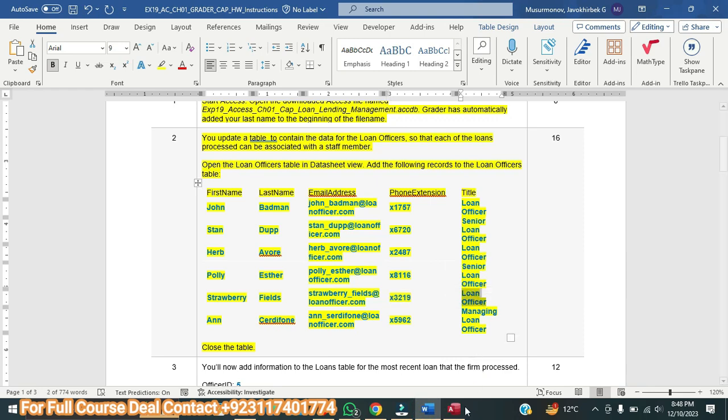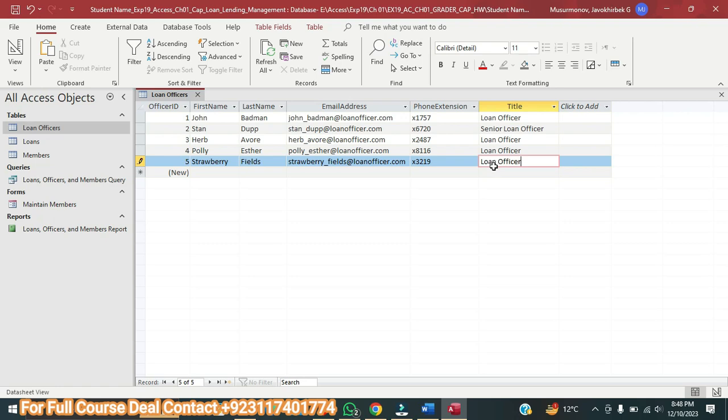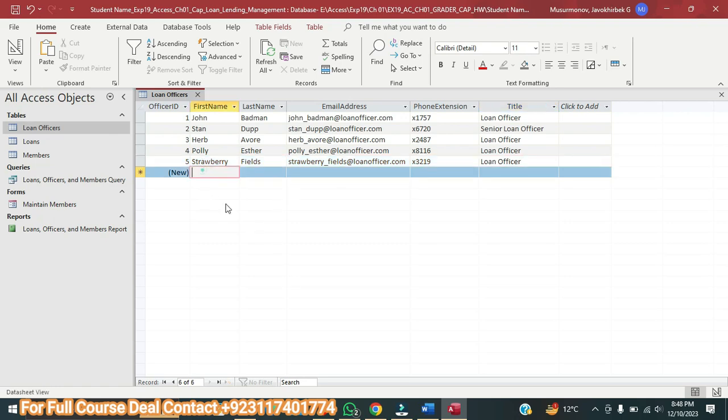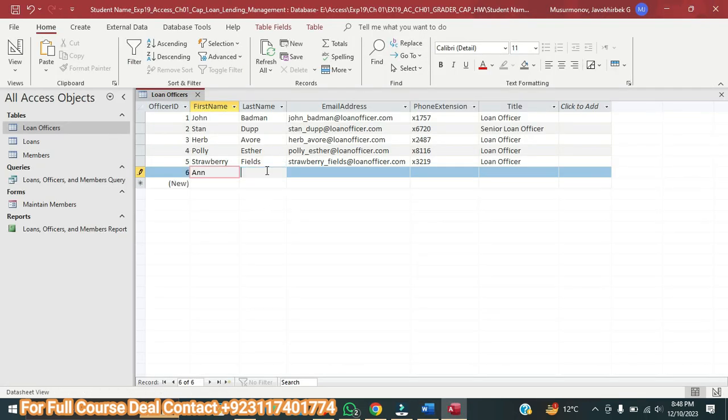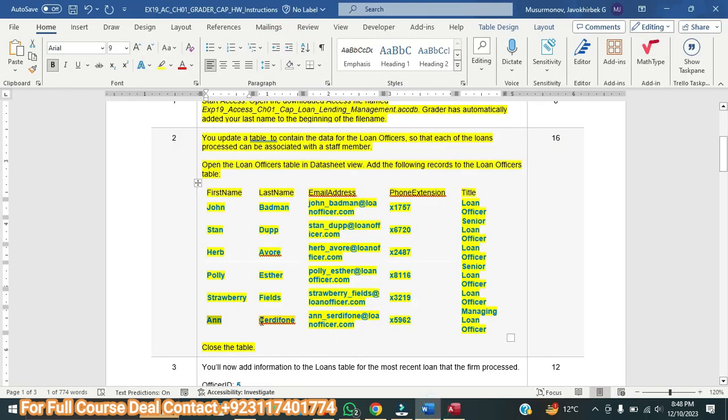Next is loan officer. Just going to copy it and paste it, and at the end last record we're just going to copy it, Control C and Control V, and